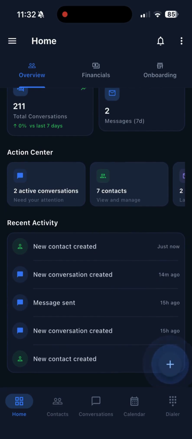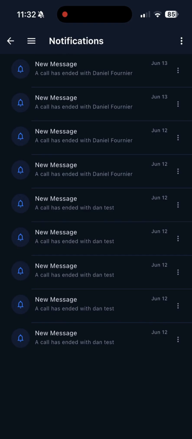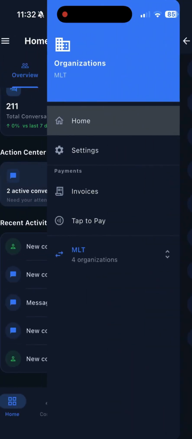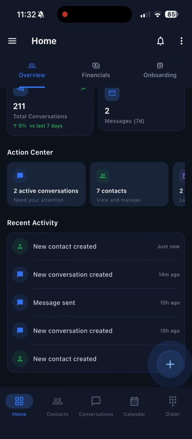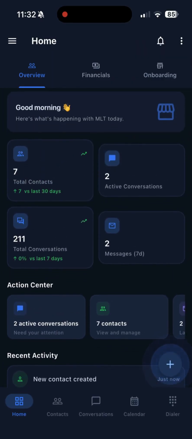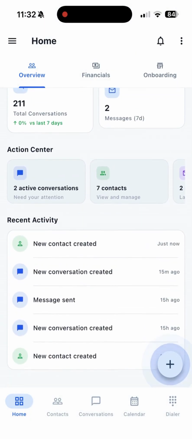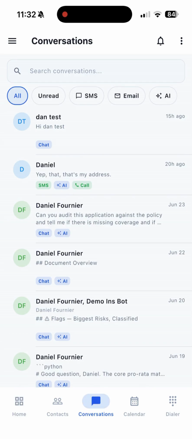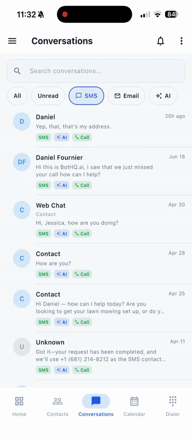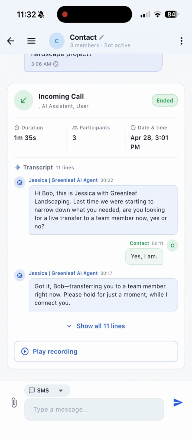You can also view all of your notifications. And you're also able to use our app in light mode, not just dark mode. So that means that if you're out in the bright sun and you want to see it better in that case, then you can switch